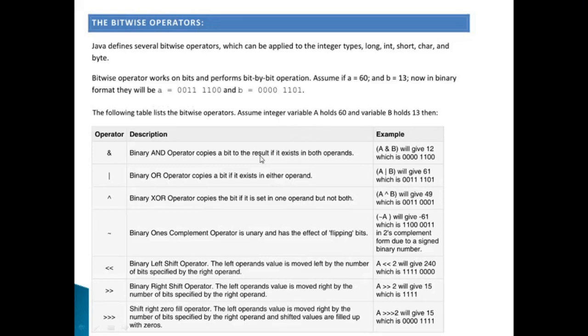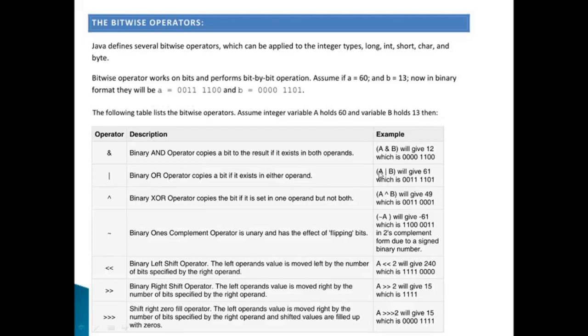Okay. Now what is bitwise ORing? The binary OR operator can also be performed. It performs the ORing. Now what is ORing? If we perform ORing, first of all, the symbol used for binary OR is a pipe.